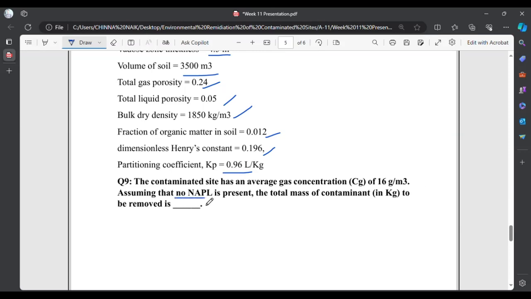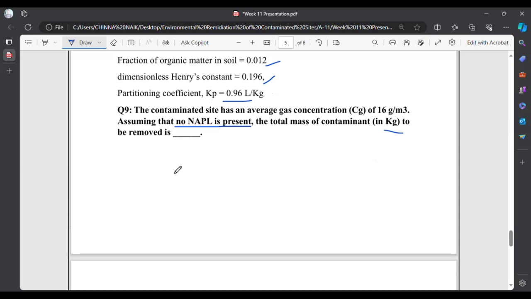So we have to use the formula where we haven't considered NAPL presence. The course instructor already derived two equations: one in the presence of NAPL, the second when there is no NAPL. So we have to use the no-NAPL formula. They are asking for the total mass of contaminant to be removed in kgs. I am writing the formula directly, without NAPL, that is total mass to be removed